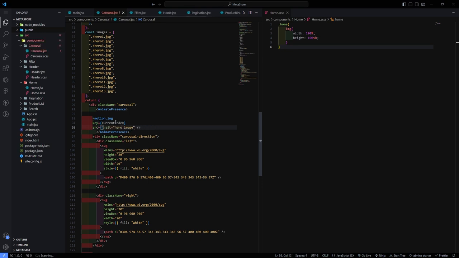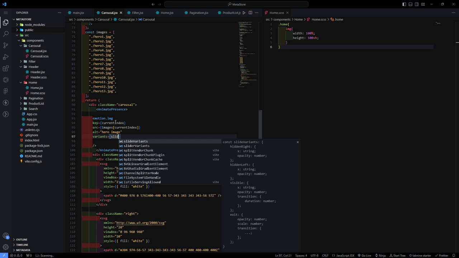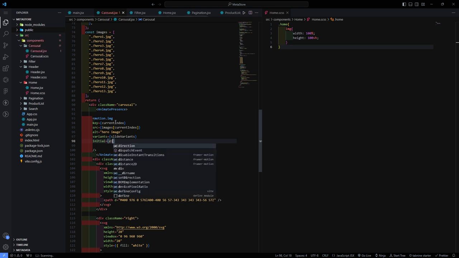Remove this and write here images, and inside this we have current index, and write here variants and use slide variants, and the initial prop is direction right,